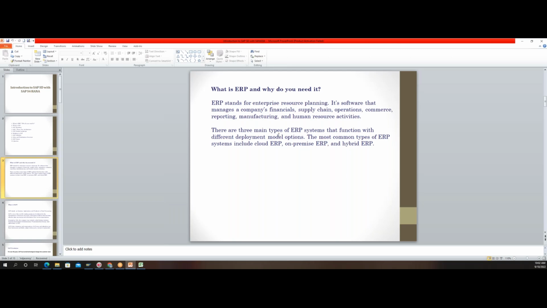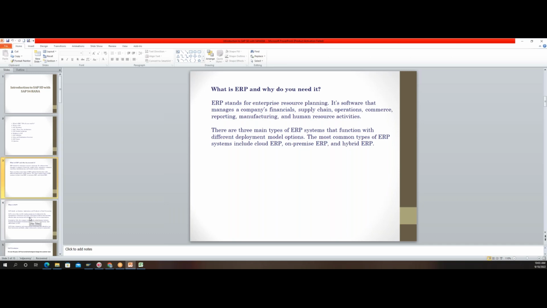So in that occasion, what you do is you partly put the ERP setup on premise and partly you put it on a cloud. So in those situations, we call the setup or the deployment process as hybrid. All right. So that is about these three different types of deployments that we can have.